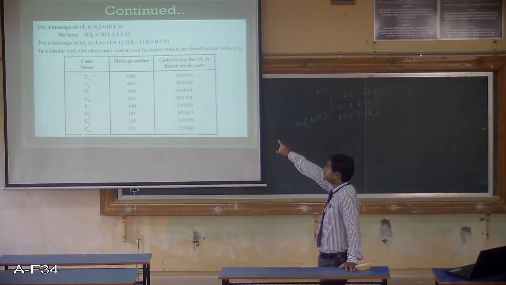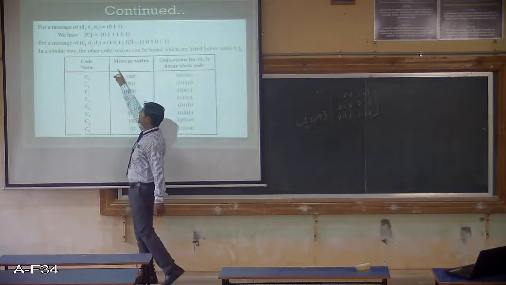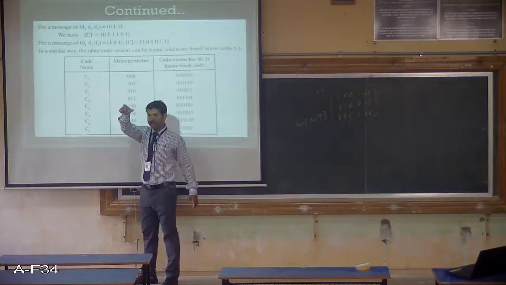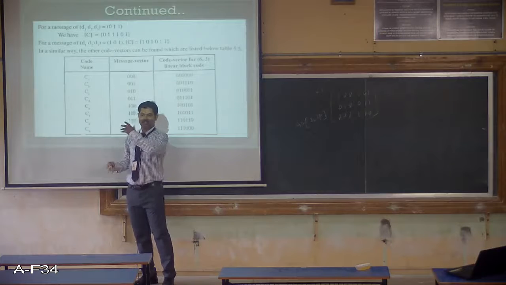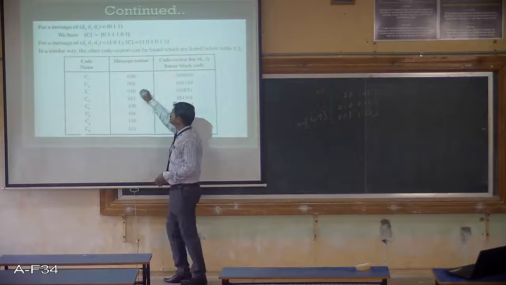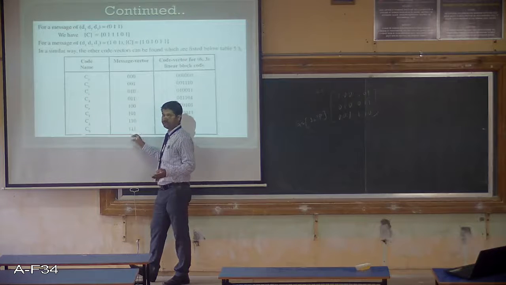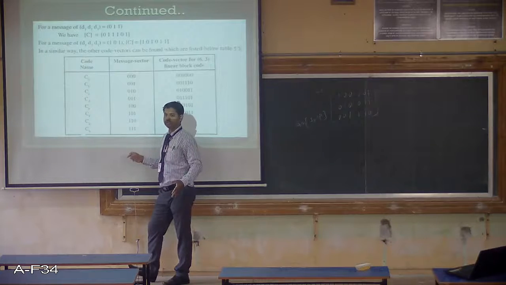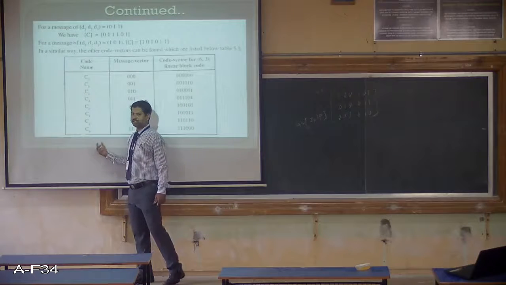The code word is: the first bit is the same as D1, the second bit is the same as D2, the third bit is the same as D3. So the same 0, 1, 1 appeared there. In the code word, the same data pattern appeared, partially. The remaining bits are according to that relation, D1 plus D3, D2 plus D3, like that. So I have just defined 010, because k is 3 bits, you have to define for all 8 combinations. This is my first code word, second code word, third code word, totally 8 code words.